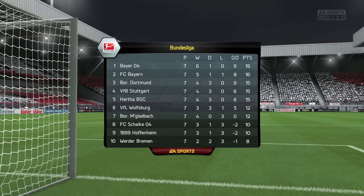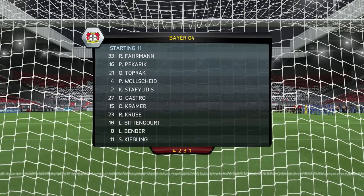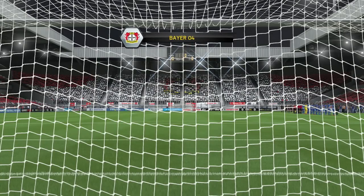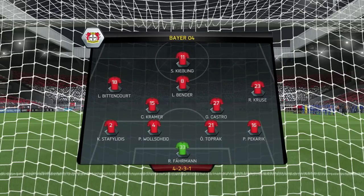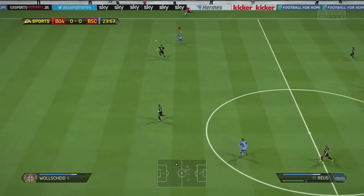They are currently sitting top of the table. 6 wins, 1 draw from their opening 7 games, 19 points. We're currently sitting in 5th. So yeah, this would be a very difficult game away from home. I still fancy my chances, despite them being unbeaten, and of course having the best start so far in the leagues. They're top of the table. We're unbeaten as well, so I still fancy my chances, but I knew it would be tough,